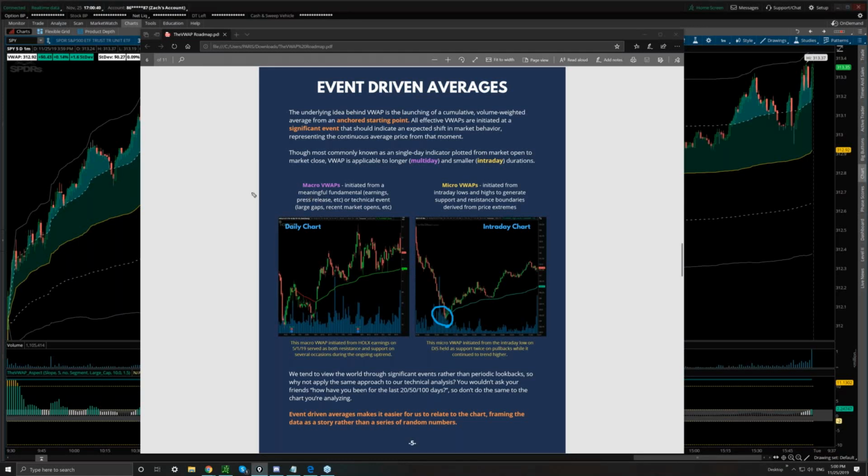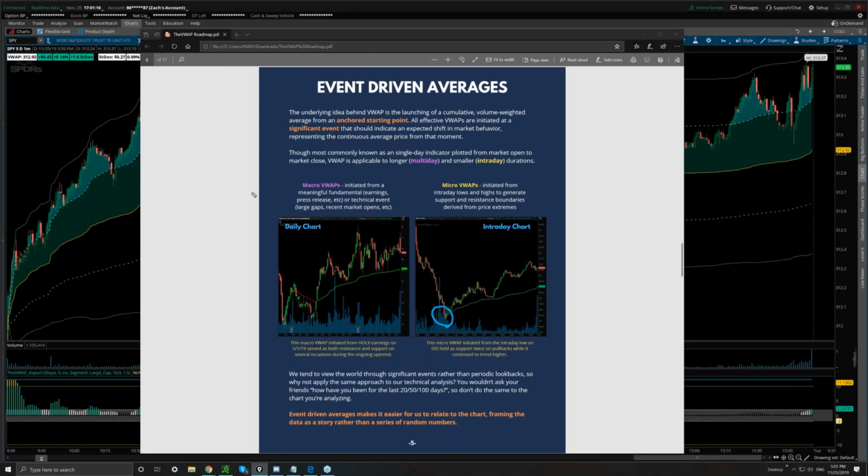A question I definitely got, I'm going to try and look on my document here. Yeah, how do you use VWAP for swing trading, or what type of events do you usually anchor your VWAPs on? And the example I think was Fed Day. That's a great example. The key is just to launch VWAPs from crucial events. Detecting which events and which VWAPs are valid is something that we're going to cover in a lot more depth during the group coaching session each month. Not trying to sound too secretive or that I'm not giving it away. There's just not enough time to cover how we would evaluate whether an event is significant.